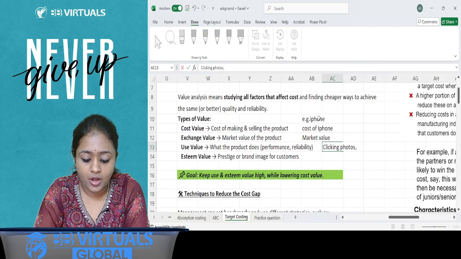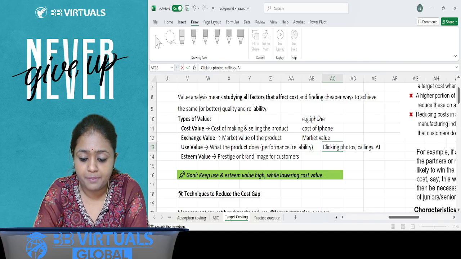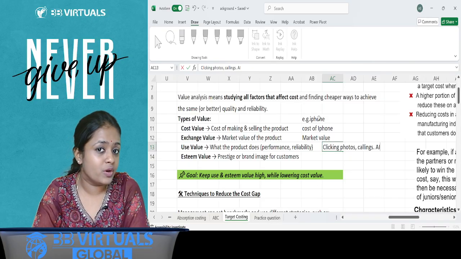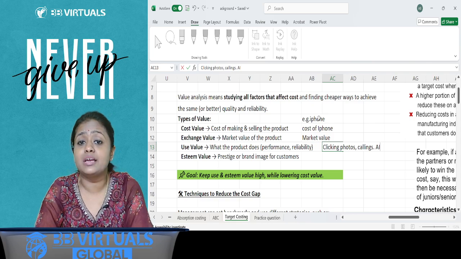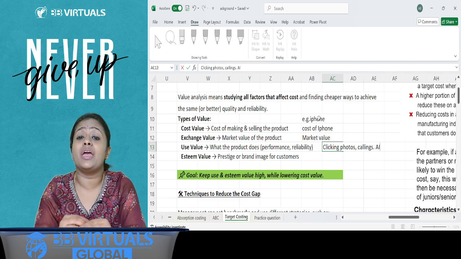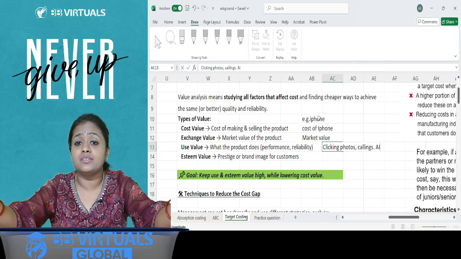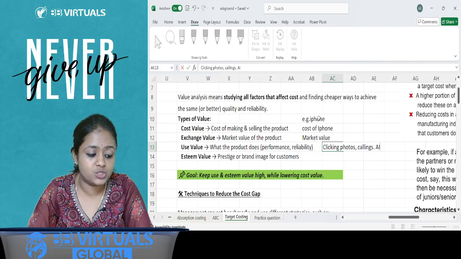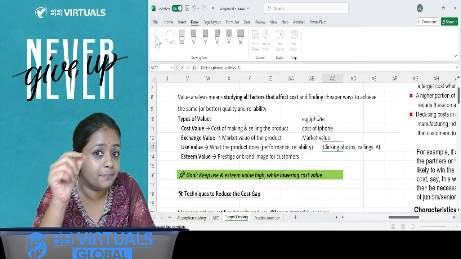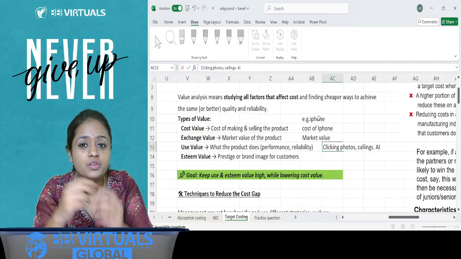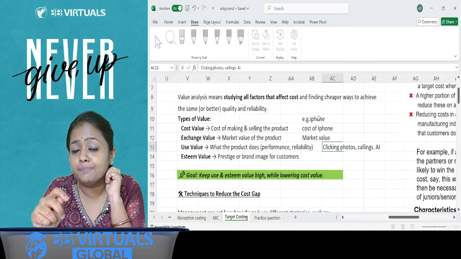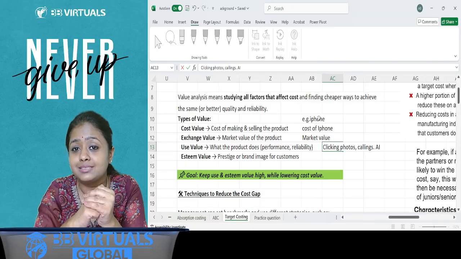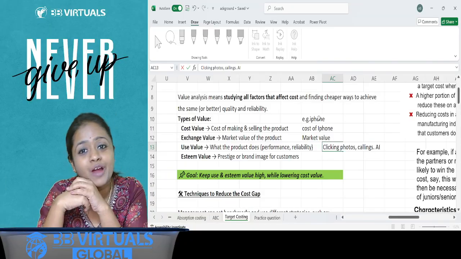Calling, better use of AI, and so on. So this is the use that it is going to serve. There are some uses that it serves which are an add-on to any other phone in the world. Like, I think iPhone 17 Pro has been launched with this pointer that it is the slimmest phone, right? So the feature that it is carrying, which is something different to what the competitors are serving, is going to give you an added advantage.